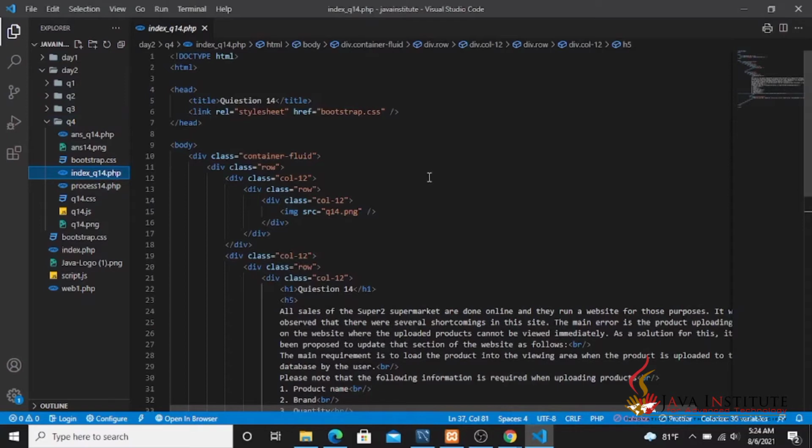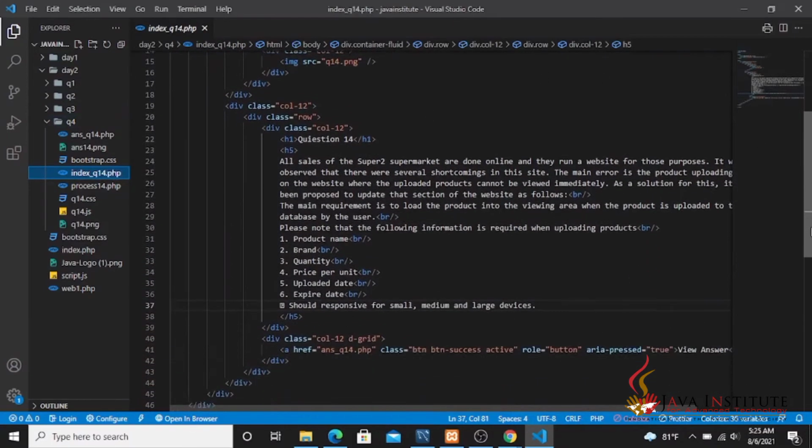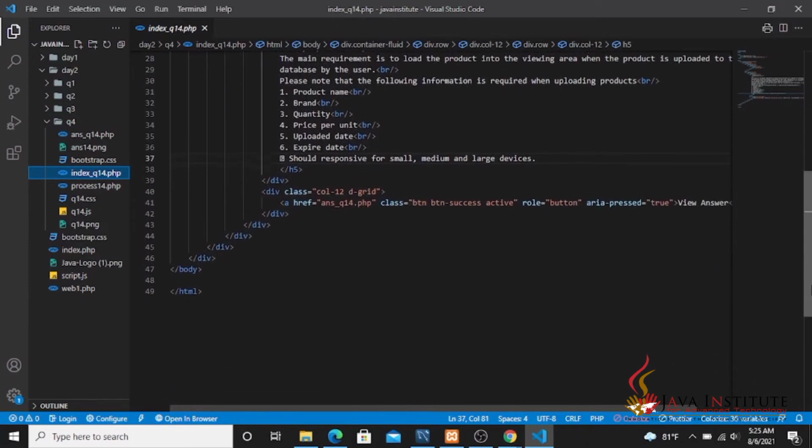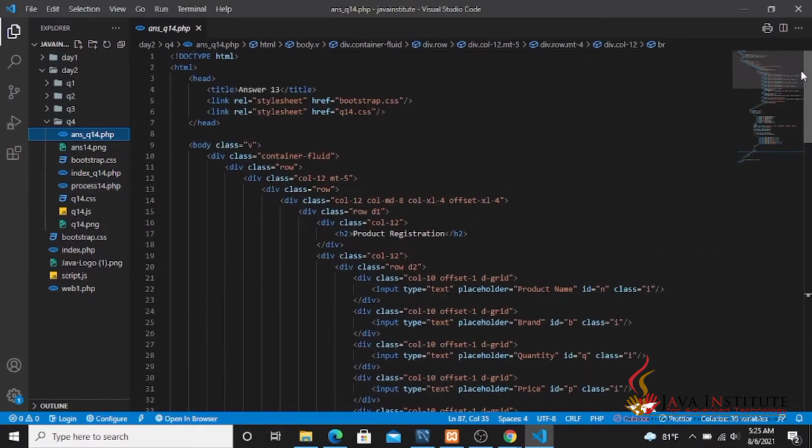Here this is the page for viewing the question, the index_q14.php file, and this is the view answer button. Then I'll show you the ans_q14.php file, and you can see here answer 14.